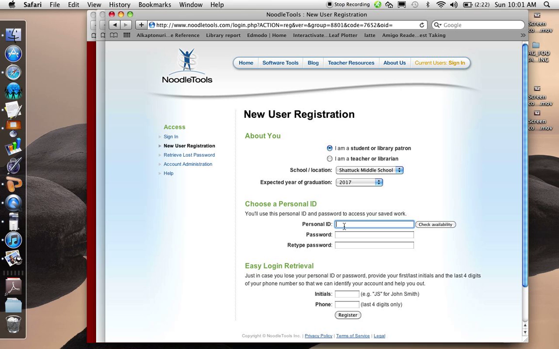We recommend that you use your school ID and password because if it gets lost, you'll have to reset things, and that takes time, and you'll need your librarian's help. So I'm going to put in my user ID and my password, retype my password,